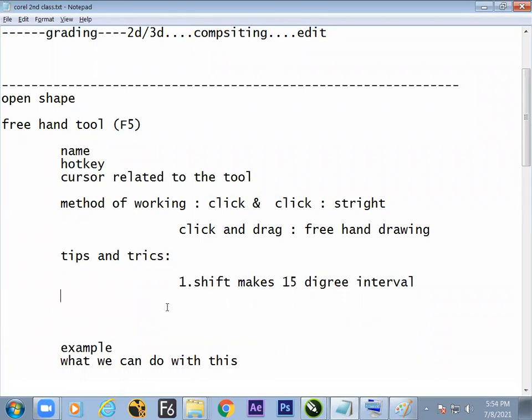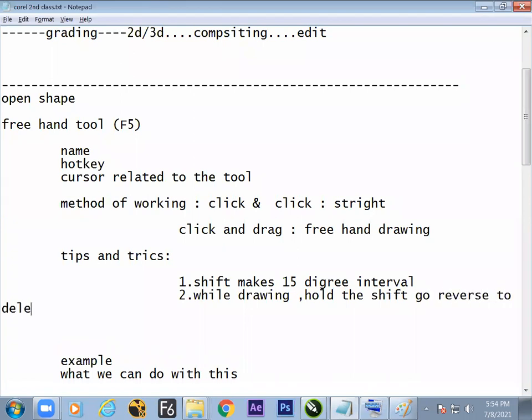But the second tip and trick: while we are drawing, while not clicking, hold the shift and go reverse to delete that much area. Is it okay? Second tip and trick clear?